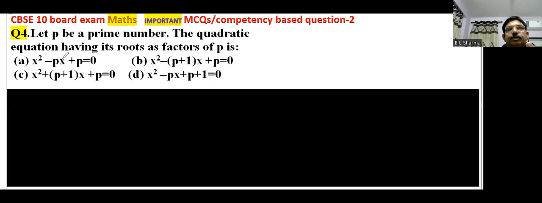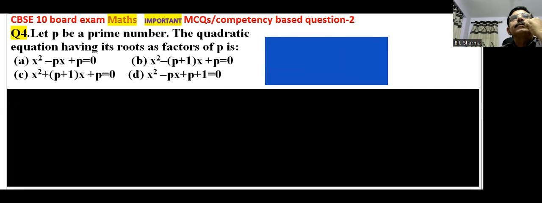The quadratic equation here having its root as factor of P. देखिए, रूट्स द फैक्टर ऑफ पी, एक प्राइम नंबर है। प्राइम नंबर के दो ही फैक्टर होते हैं। कुछ एग्जांपल्स मैं आपको लिखके बताता हूँ यहाँ पे कि इस क्वेश्चन को कैसे करना होगा। देखिए, सी हियर,